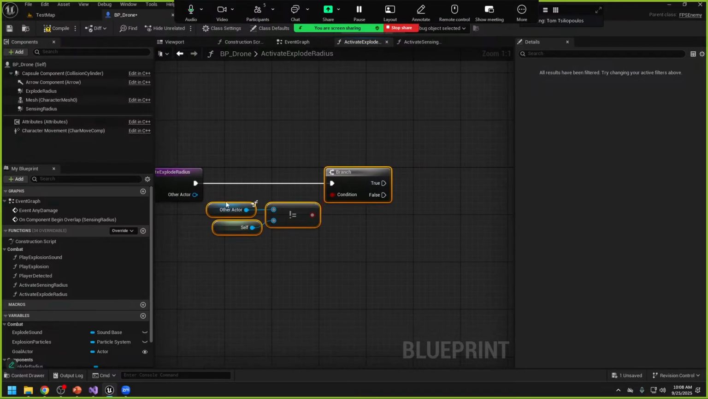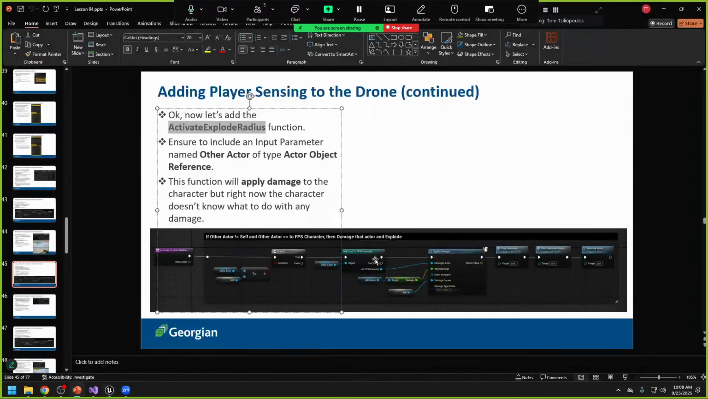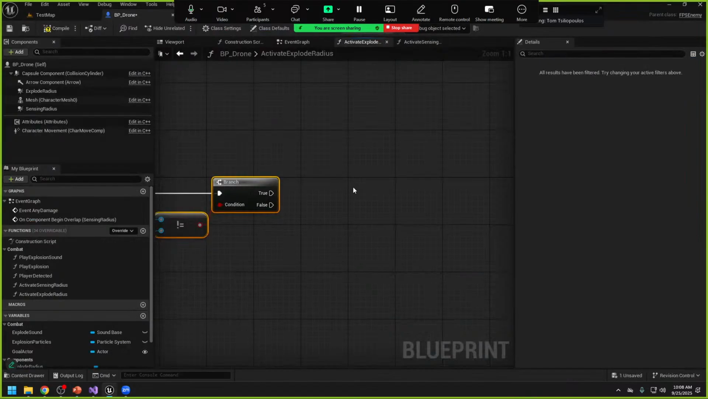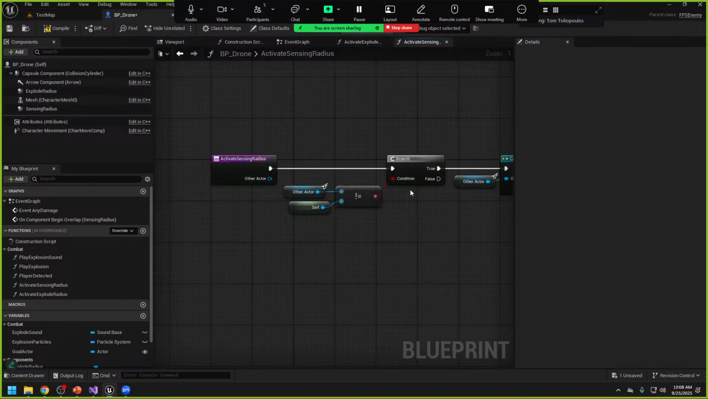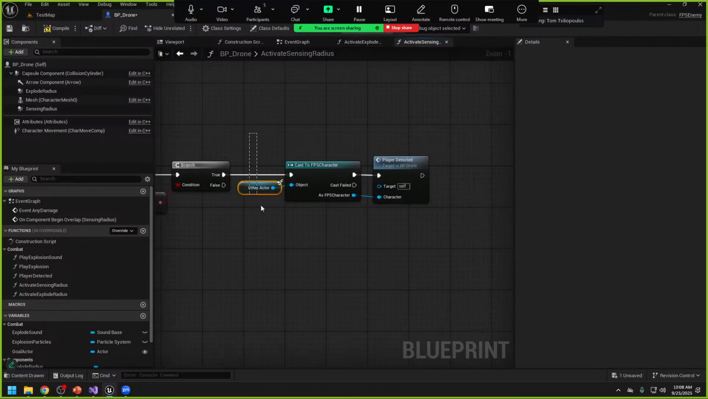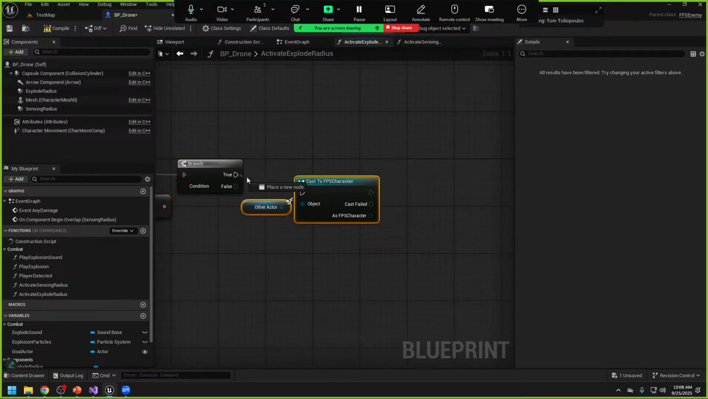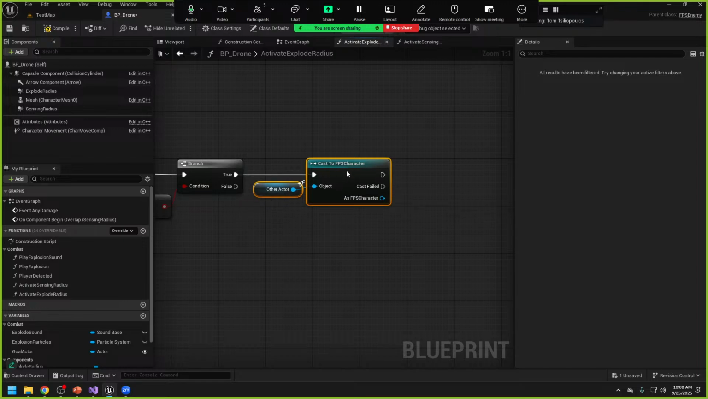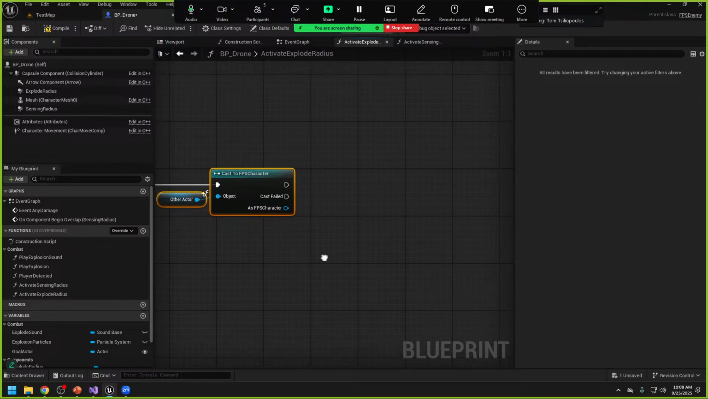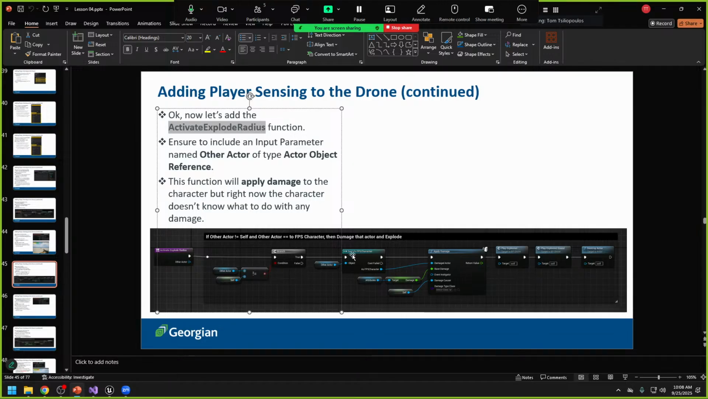First to check if it's not me, and then after that, I want to cast the other actor to this. That's also something I can do from this one. So this casting stuff, I can also grab. So I can grab this, go back to explode radius and paste in here and connect. So I can say, well, if I can cast to the FPS character, then we know that the FPS character